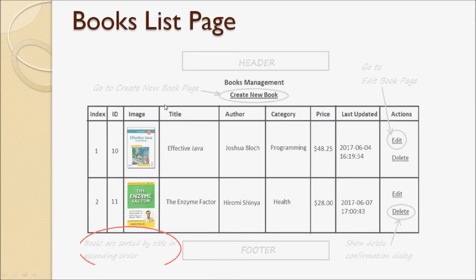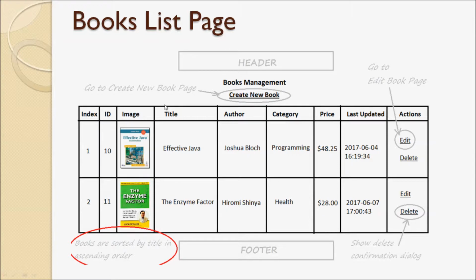And this is the user interface design of the books list page. You see, we have a hyperlink here that allows the admin to create a new book, and all the books are listed in a table format like this. You can see the header: index, ID, image, title, author, category, price, last updated, and actions. And for each book